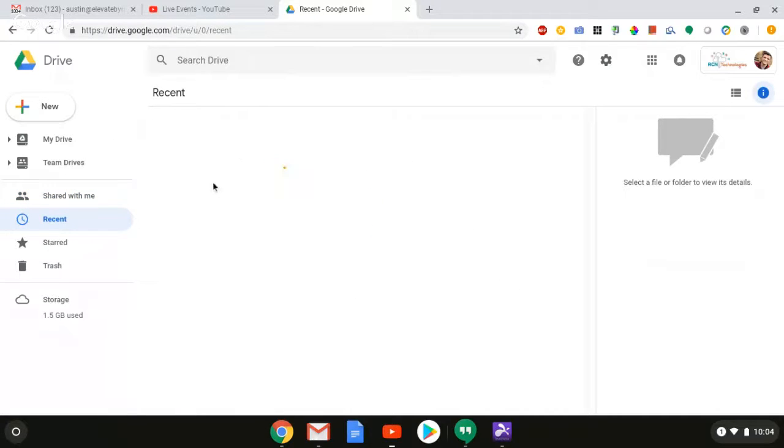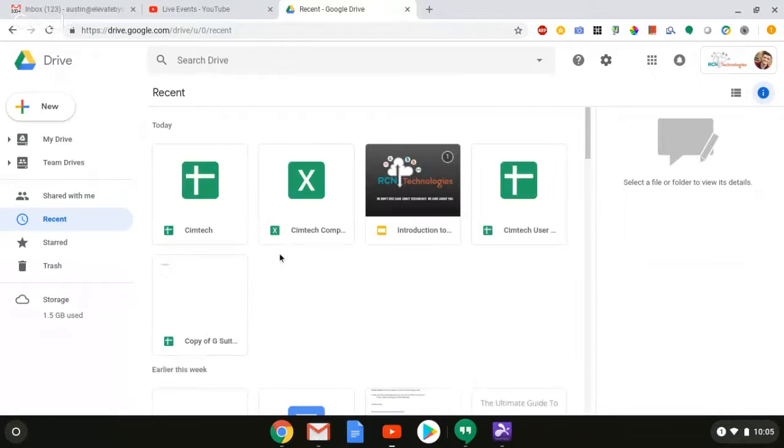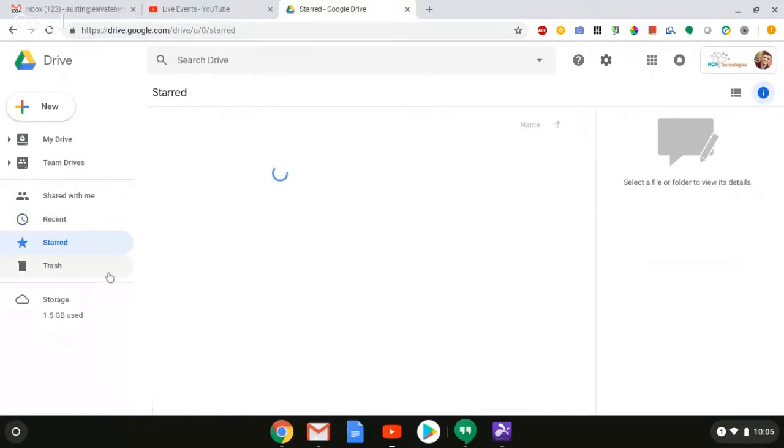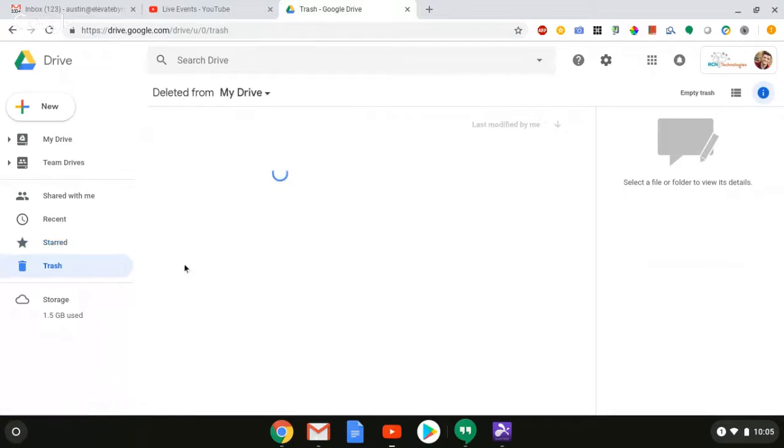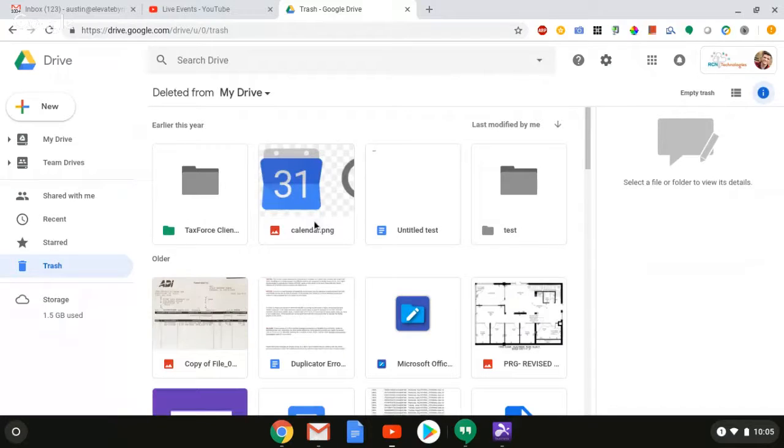Recent is a list of documents that I have viewed recently, so I can jump right back into my workflow. Starred, that's for important things that I would like to come back to without having to search through files or folders. Just easier to jump right back into what matters. Trash is where I would go if I had deleted something I did not want to delete, or recover, check my